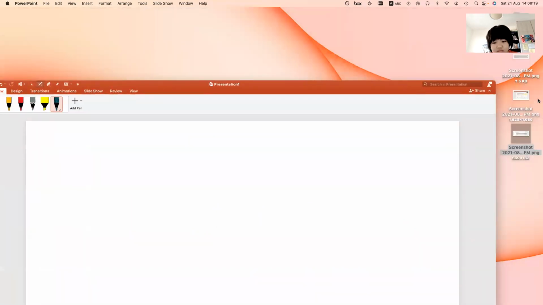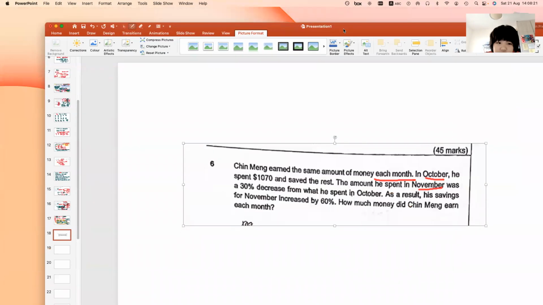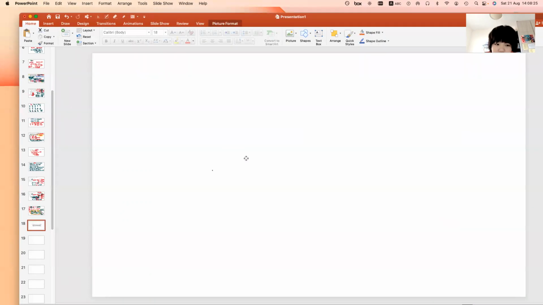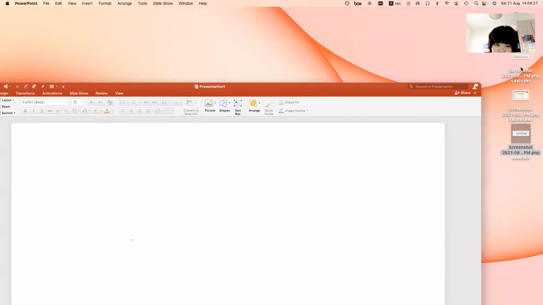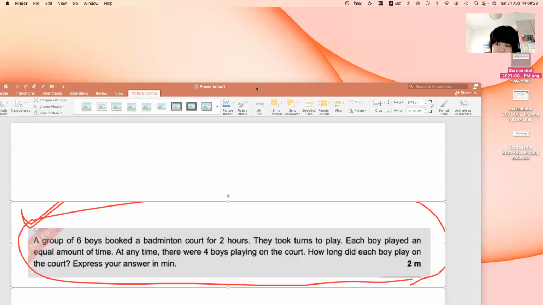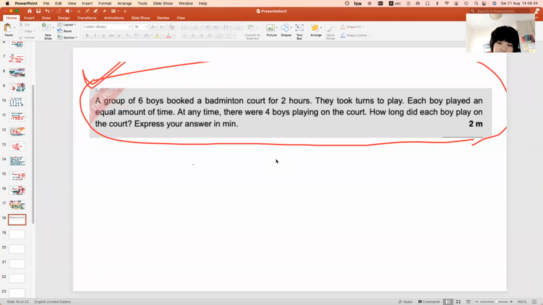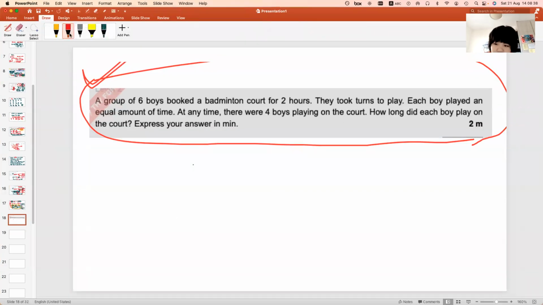They use the concept of, okay, not this. Sorry. Okay, good. So there are 2 parts to this question, but the key is in order to find how long